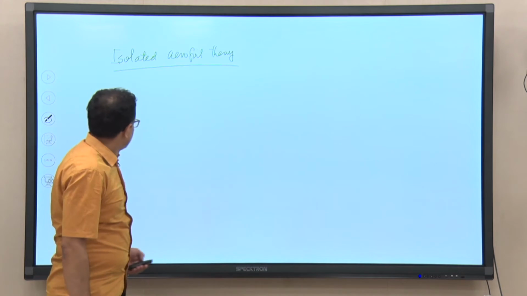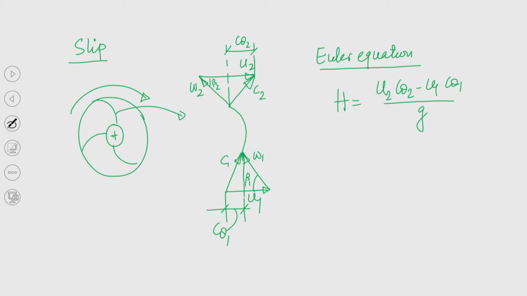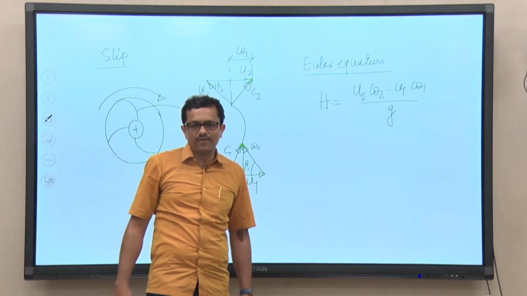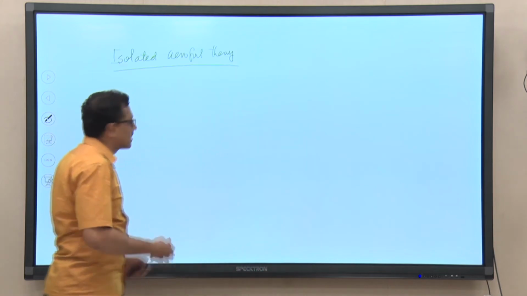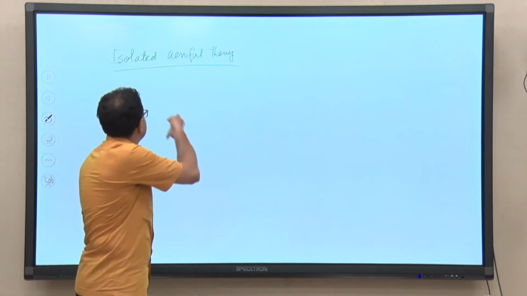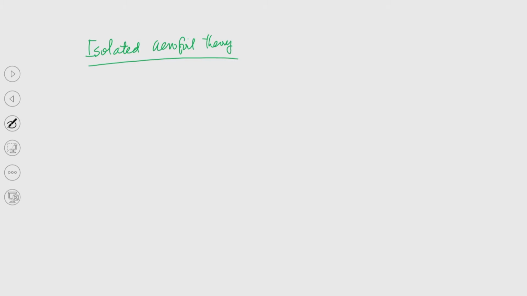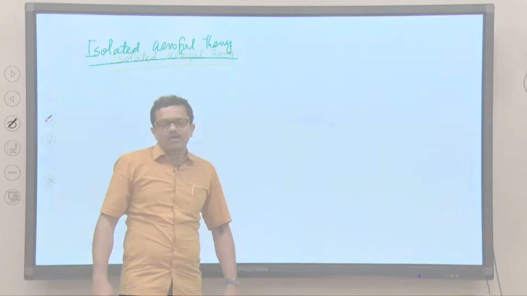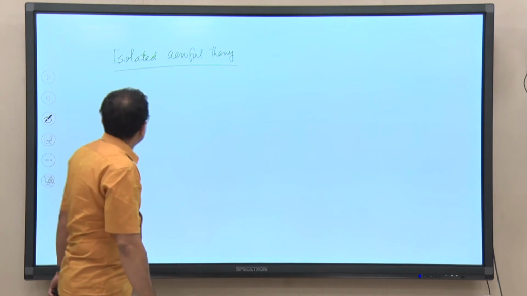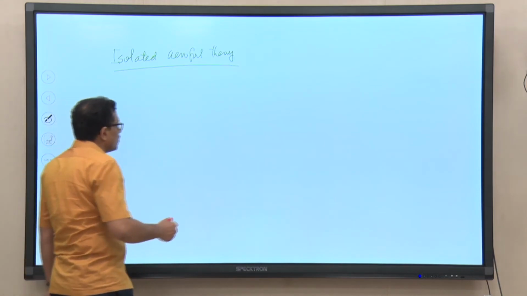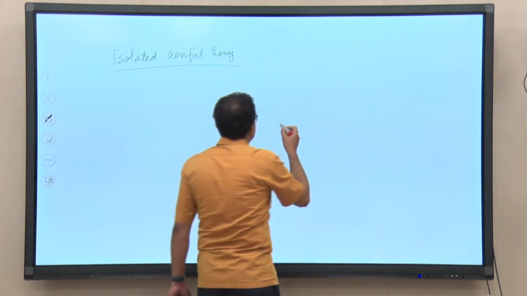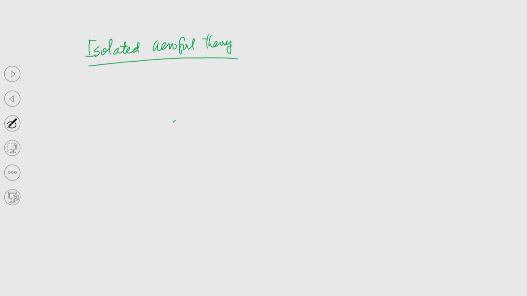In fact, here we have drawn 3 different blades. The blades in a radial flow pump are basically isolated airfoils. So, that is why I am trying to connect this particular aspect to the topic that will be discussed today. So, what is an isolated airfoil? You know that the blades of centrifugal pumps are basically isolated airfoils.